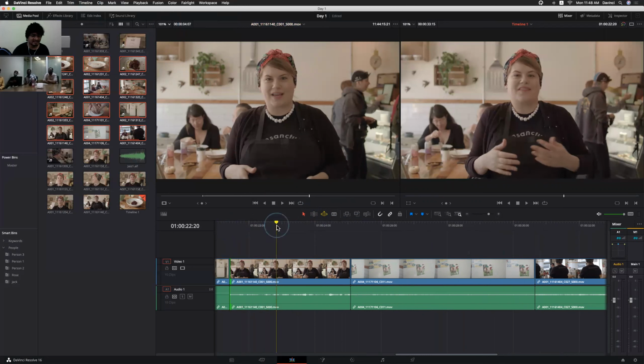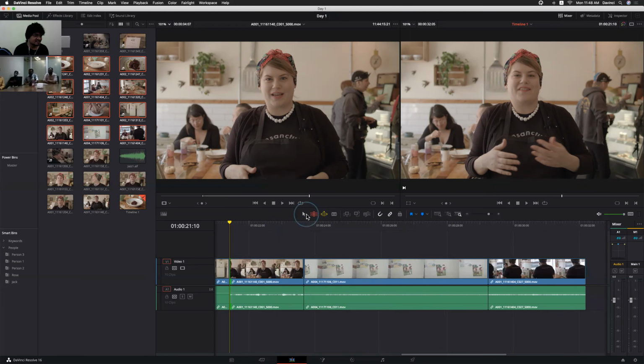If I click here, it will make exactly this frame the first frame of that clip, if I click E, right? In trim mode, it will automatically do the same thing, extend edit, right? We can trim and extend.